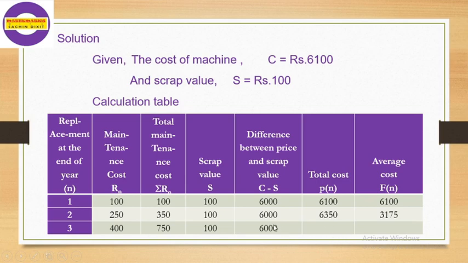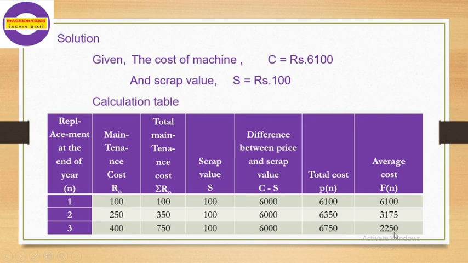We have to add this difference and this total maintenance cost, that is 6,000 plus 750. We get total cost as 6,750. Now to find the average cost, where this is the third year's total cost, hence to find the average cost we have to divide it by 3. That means we have to divide 6,750 by 3. We get the average cost for the third year, that is